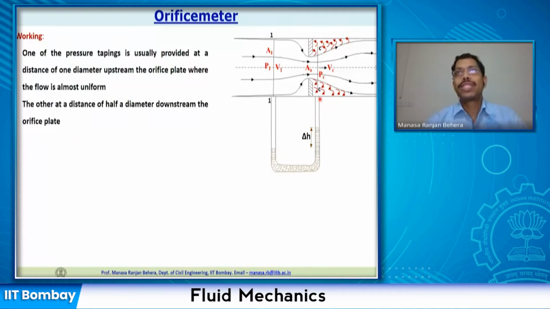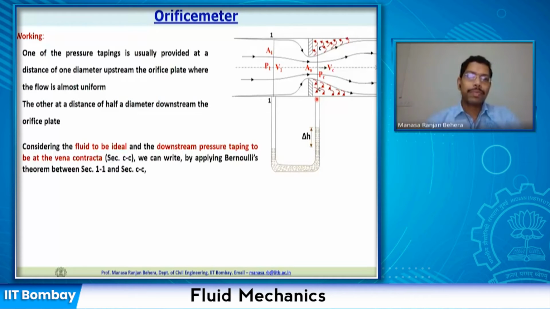So this distance is half a diameter of the orifice plate. Okay, and this diameter is nothing but this one. So we have to ensure that this distance is maintained, but it is not necessary that you are going to get the exact location by putting the pressure tapping there. It's an approximate location. By varying the flow rate, the location of the vena contracta can shift a little bit here and there, but we can only approximately figure it out and put a tapping.